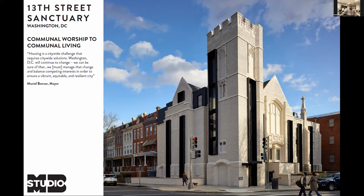I'm not going to get into the details to quite the degree you guys just did. I think you covered that very well, but we were faced with a very different problem of how to convert a structure that was originally designed as an assembly use with a singular large gathering space into affordable residential units. And then finally, I will touch on this new type of affordable housing that helps meet the demands raised in